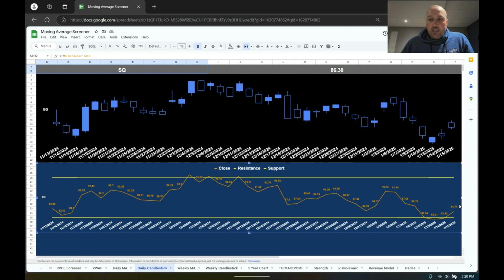Yesterday's close was 84.79, and I think it was 86 today. So we're not extended here by any means. There's a lot of upside to this stock to get back to the top of this channel, and you really want to see it break through it and keep going higher from there. A lot of things to like about this stock. Doesn't mean it'll go up,